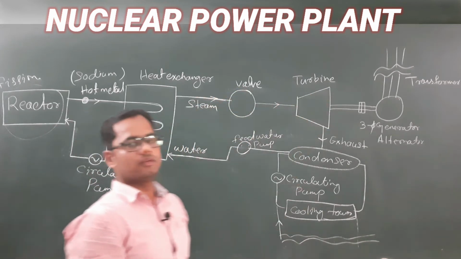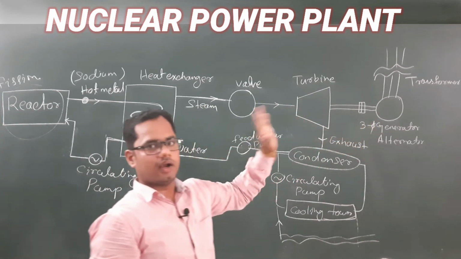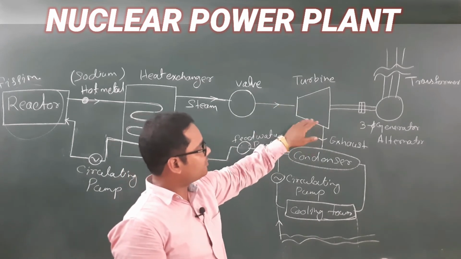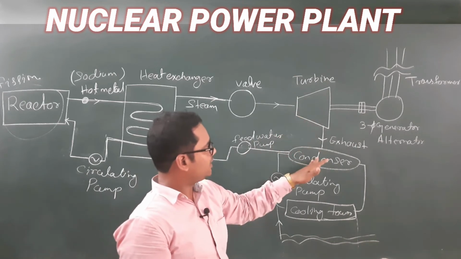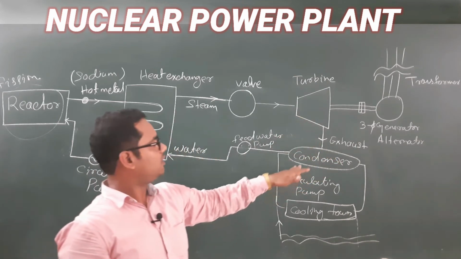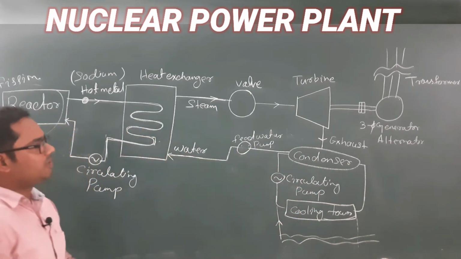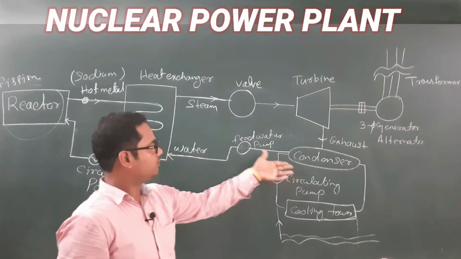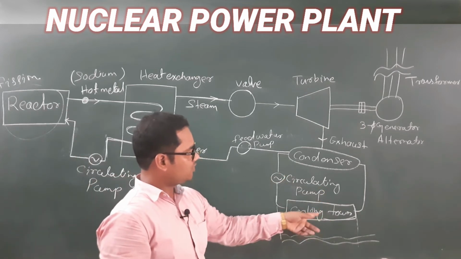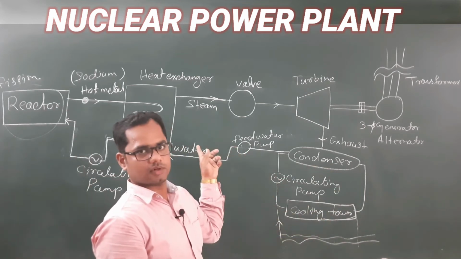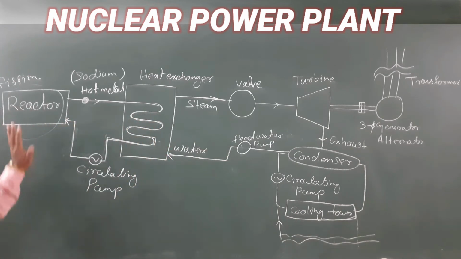That steam will be regulated through the valve and will strike the turbine blade, and when the turbine starts to rotate, the alternator rotates and produces energy. The exhaust of the turbine is hot steam, and that steam gets cooled, reducing its temperature in the condenser, and it is fed again through the pump. Here you get hot water, and it is fed again to the heat exchanger, or a circulating pump cools it and feeds it directly to the system. So this is all about the schematic diagram of the nuclear power plant.